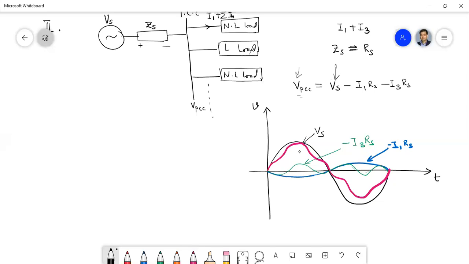So that means though we are assuming the voltage of the bus, that is our voltage of PCC, the point of common coupling, is perfectly sinusoidal, due to the current harmonic itself, the bus voltage or this voltage of PCC also will not be sinusoidal. It will be distorted. Now, certainly this distortion will be quite less compared to the distortion in the current. Can you tell me why?